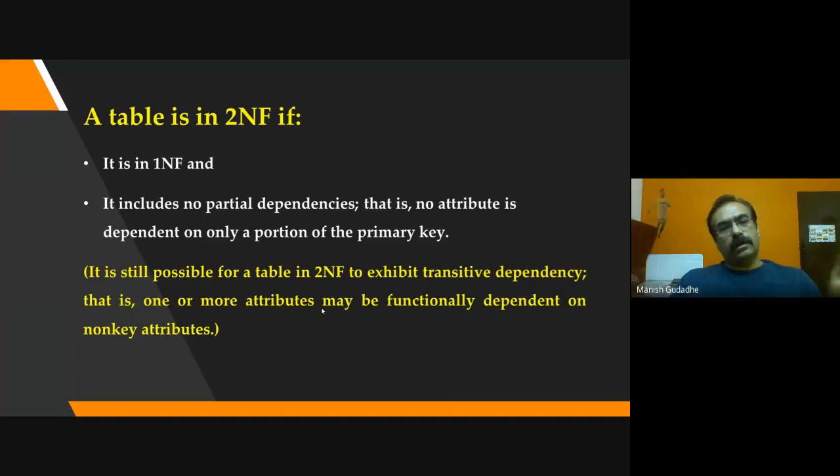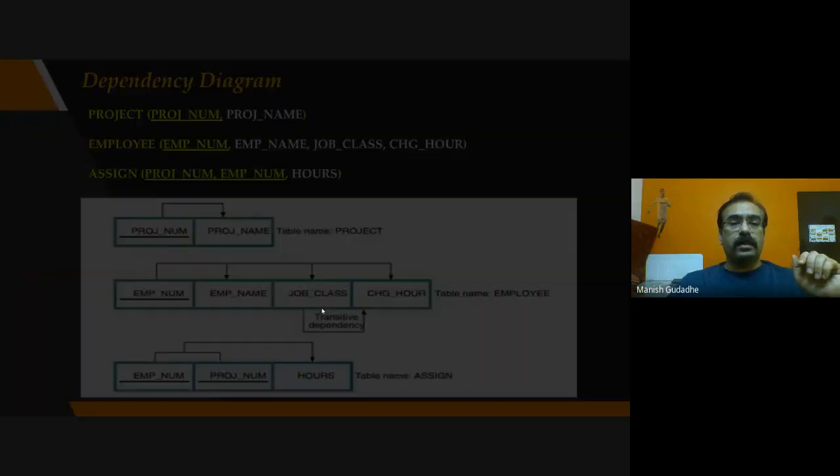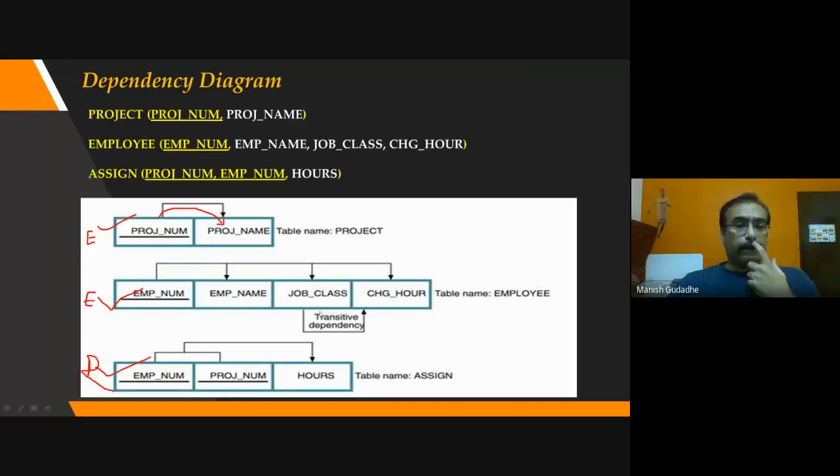And now third normal form says to avoid the transitive dependency. If transitive dependency is avoided, then there is no problem at all. Okay, what is the problem with transitive dependency? In this case, if I am removing the job class, or if I am changing the job class of this employee, you need to also change charges per hour. You cannot keep it as it is, because as his designation has changed, his charges per hour is also changed. That care we'll have to take, and if you are not taking that, that will lead us to wrong information.